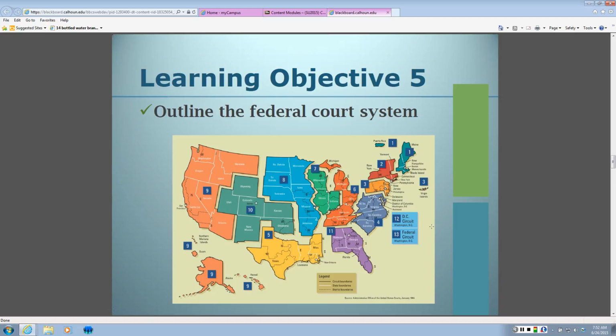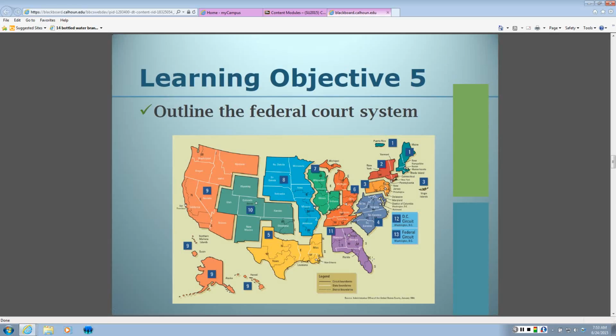I want you to take a look at District 11 here. That includes Alabama, Georgia, and Florida. What you're going to see is that every state, Alabama has U.S. District Courts, and they probably have 3 of them, I believe. I think you're going to see there's one for North Alabama, one for Southwest Alabama, and one for Southeast Alabama. Georgia also has, looks like 3. You see that little line there. One for North Georgia, one for South Georgia, and one for Coastal Georgia. Florida looks like it has 1, 2, 3, maybe 4